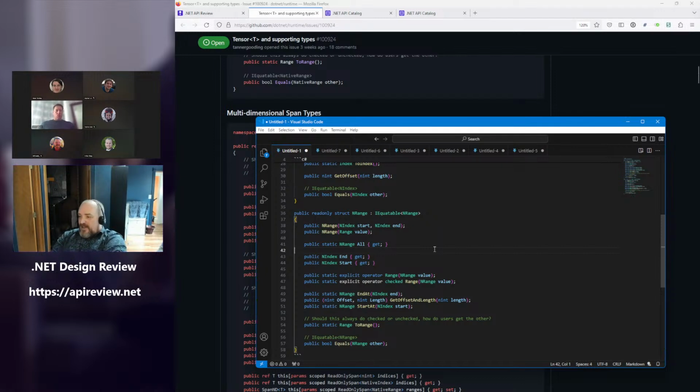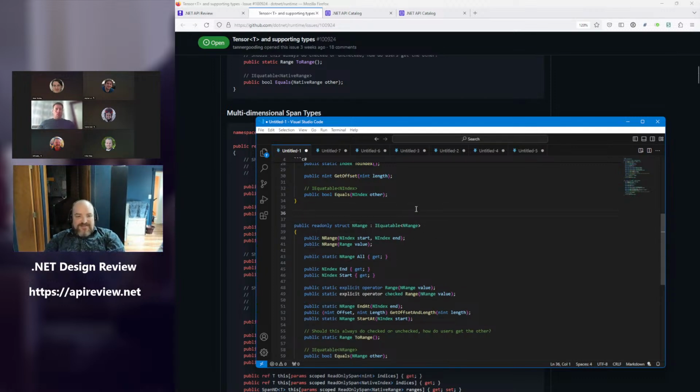But I see that people are saying our future theoreticals, in span of t and read only in span of t, look ugly. We could call it span 1D of t. Make it very explicit. It's one-dimensional.